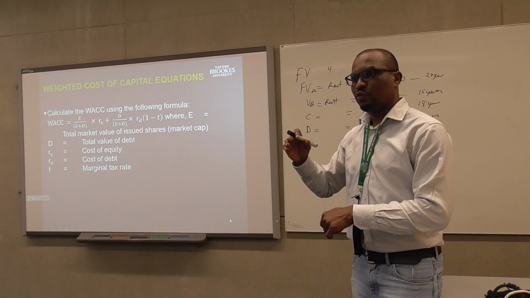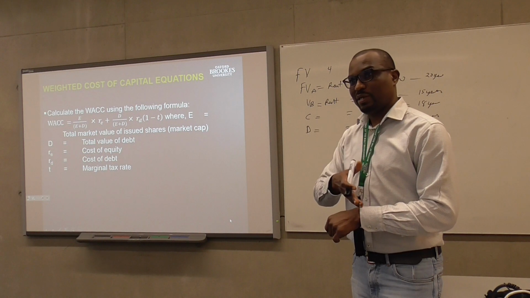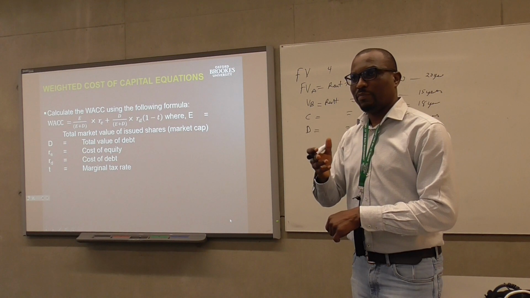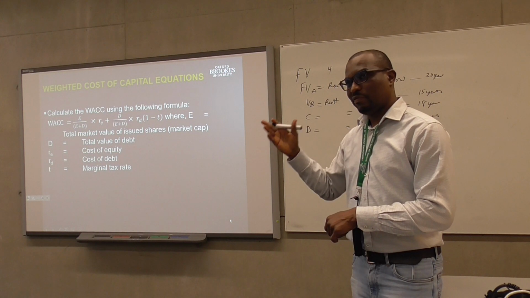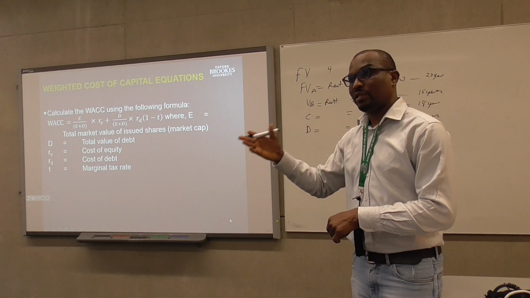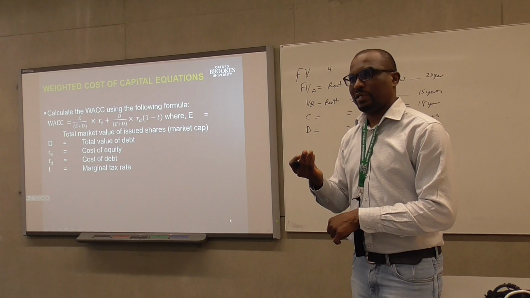So if you're borrowing from, let's say, 3 different banks and they are all at different rates, you want to be able to get an average cost of your interest rate. So if bank A gives you 50%, at an interest rate of maybe 8%, and bank B also gives you 50%, at an interest rate of let's say 10%. The average of 10 and 8 will be what? 9%. Right, and that's what you use.